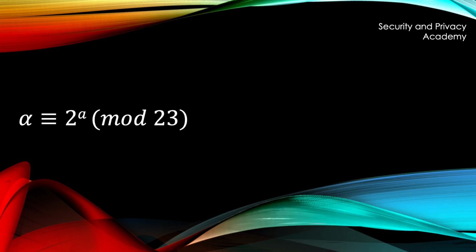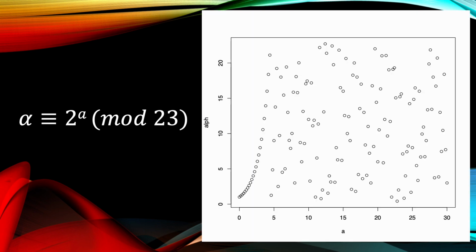Now the problem we have is that we are dealing with discrete values because we take the modulus. So we have the same equation, 2 to the power of a, alpha in this case, mod 23. Now let's see what this looks like. You can see it starts like a normal exponential function, however then the output is seemingly random. You can see scattered all over the place all the different results for different values of a on the x-axis at the bottom. Now we are dealing with a finite field of numbers 0 to 22,